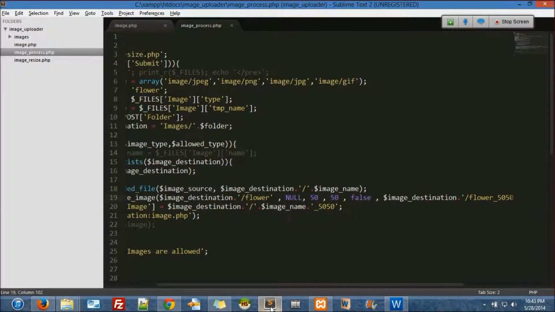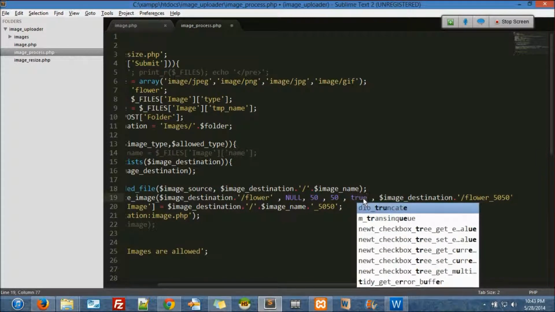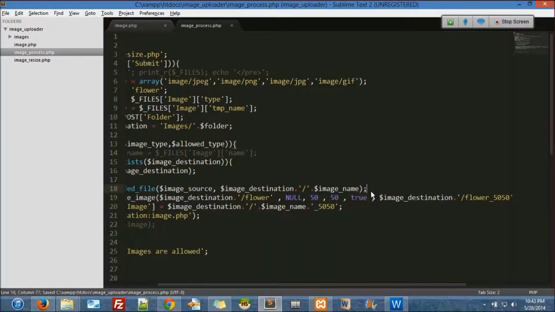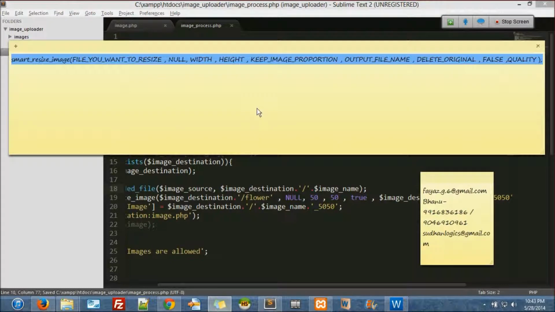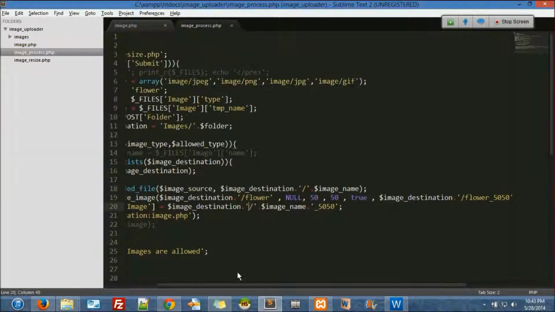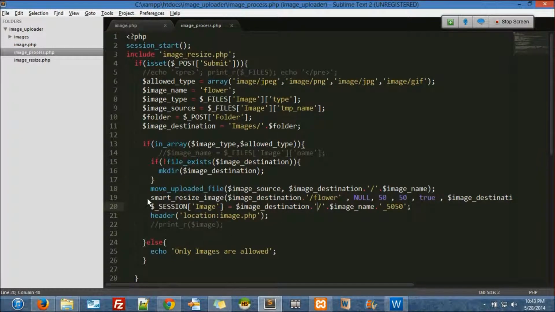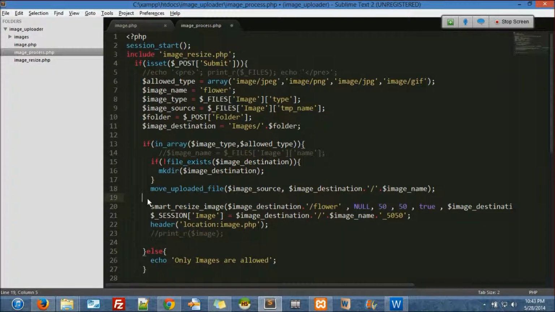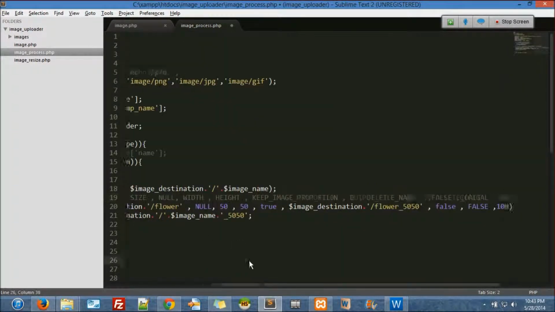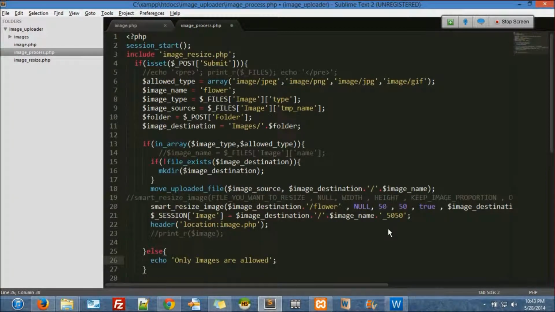Now let me change one setting here. Instead of false, I'll say true. Let me paste that again so that you will have an idea what is what. So now what I have done is keep image proportion true.